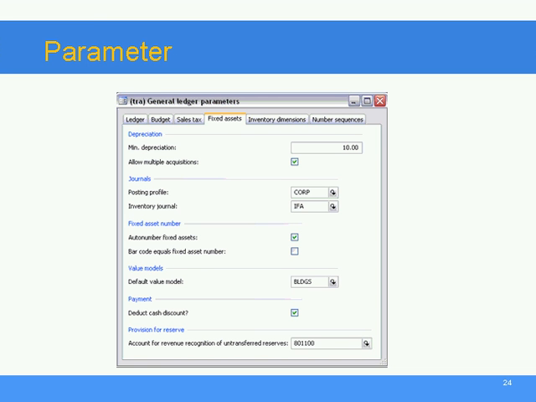Parameters. Last mandatory step in the setup of a fixed asset model is the setup of parameters. Parameters are the last step in setup because the prior steps, journal names, number sequence, depreciation profiles, value models, fixed asset groups, and posting profiles are used in the setup of the parameters. So here